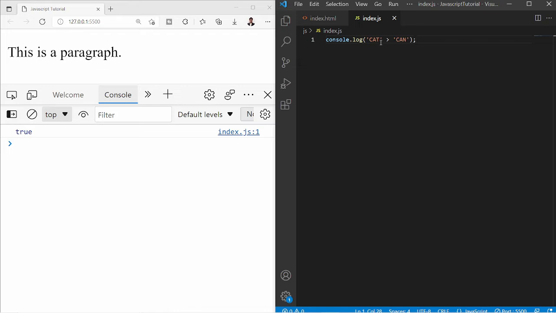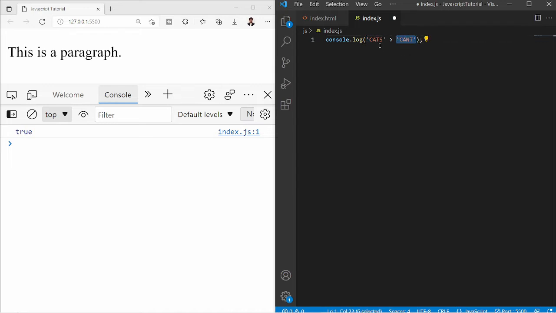Now suppose we add another letter, say s, and here t. Now we know that t is greater than s. s is not greater than t. So what will be printed in the console basically? Still it will print that cats is greater than cant.